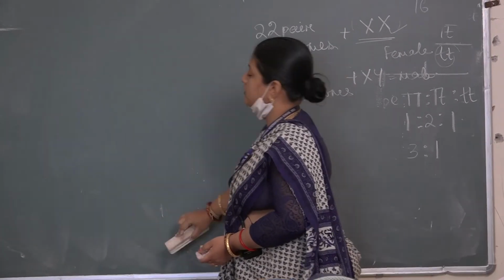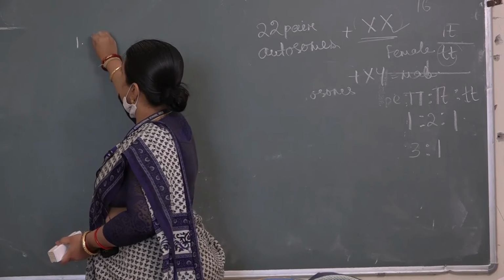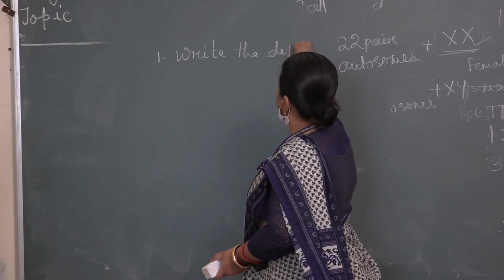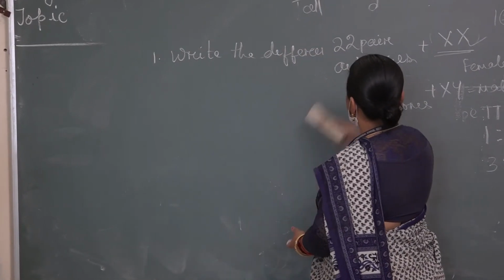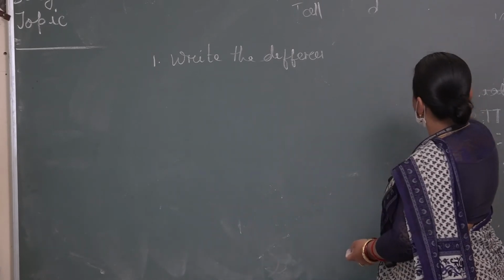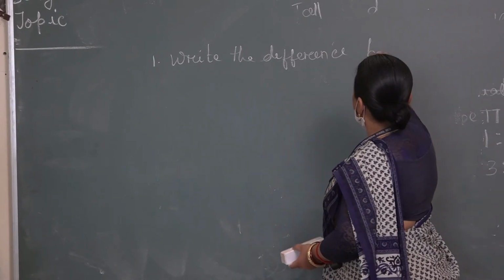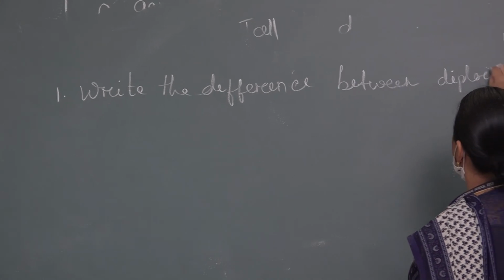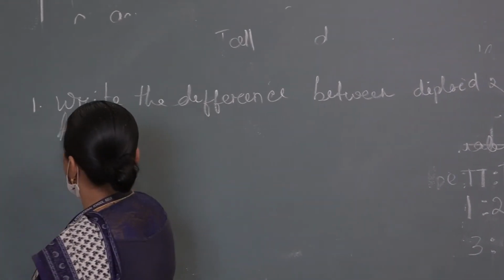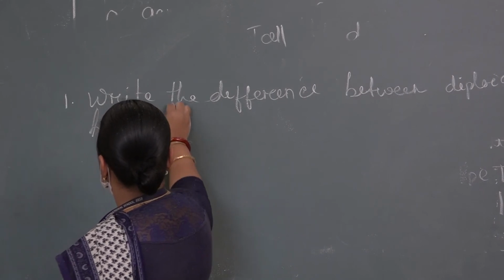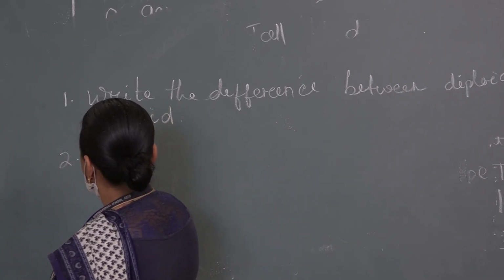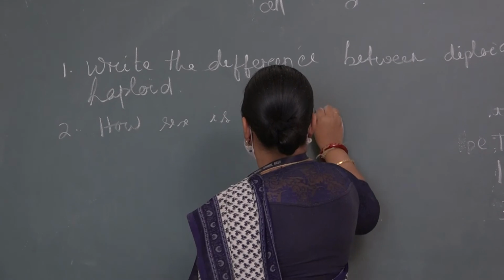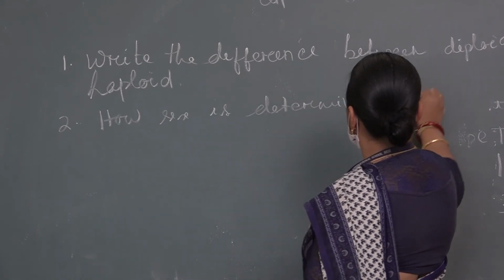homework. Write the difference between diploid and haploid. How sex is determined in